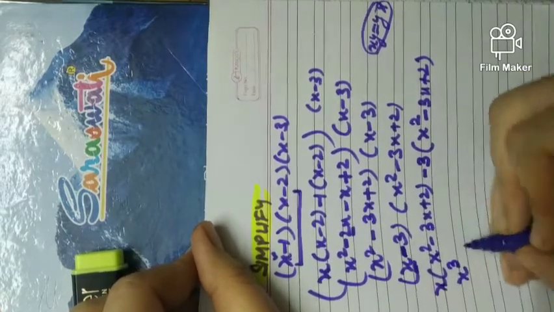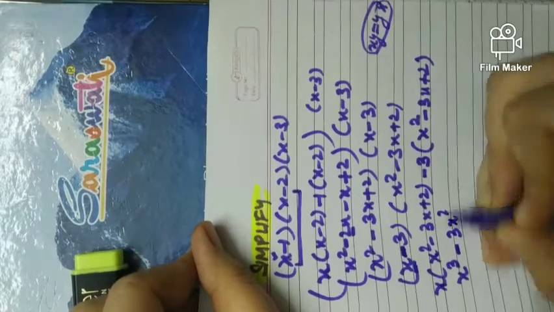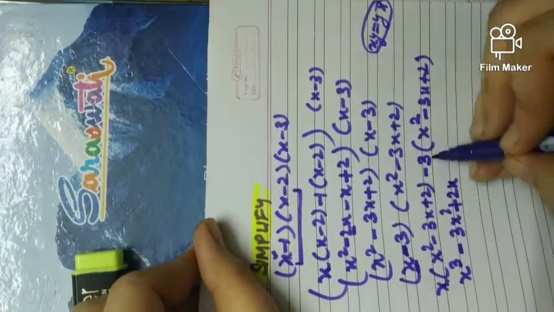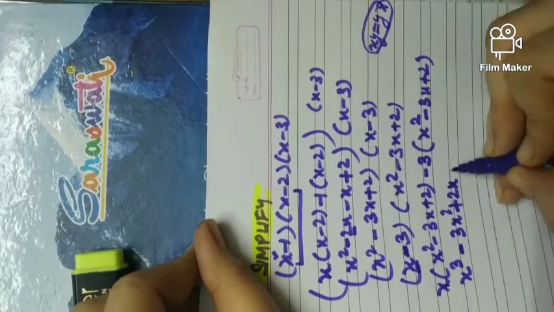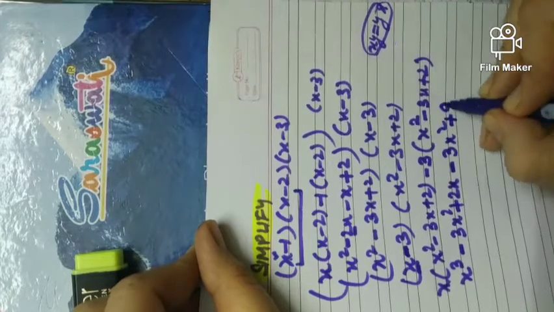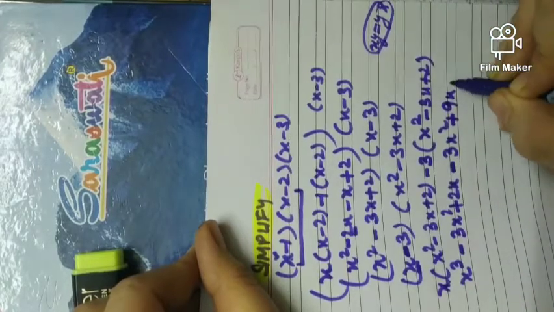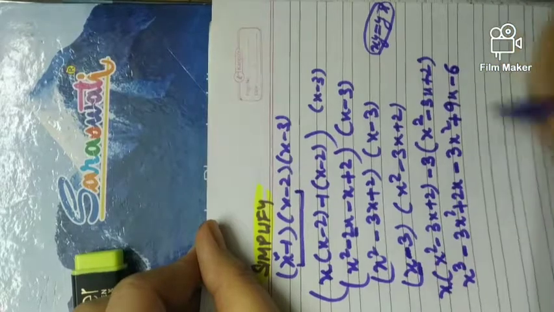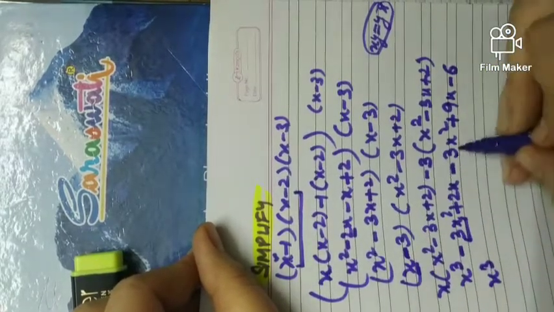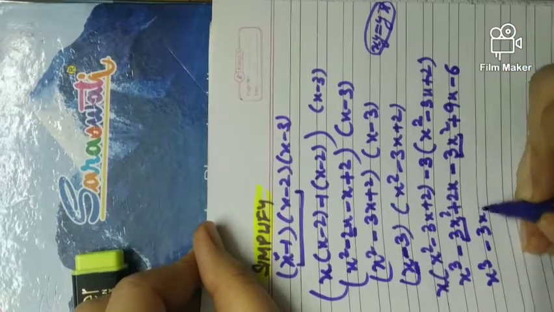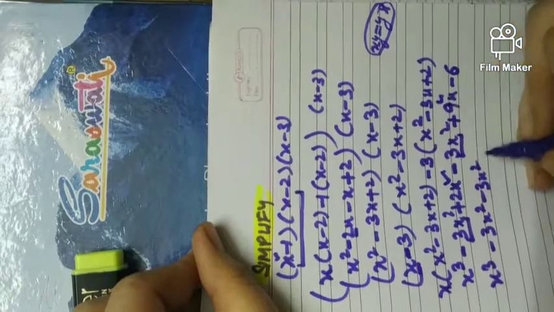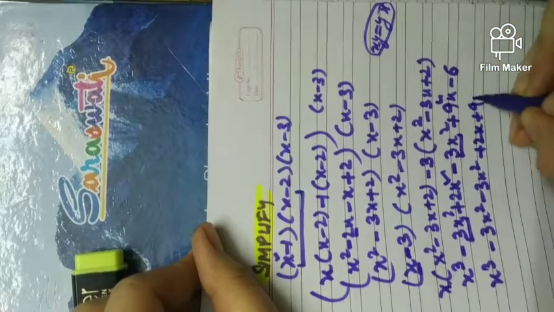x into minus 3x square. x into 2, so 2x. Multiply x with each term. Same way multiply minus 3 with each term. Minus 3 into x square, minus 3x square. Minus minus plus 9x. Minus 3 into plus 2, minus 3 into 2, minus 6. Now you do, beta, x cube. Arrange like terms together. So minus 3x square and minus 3x square together. This 2x and 9x together. 2x plus 9x minus 6.